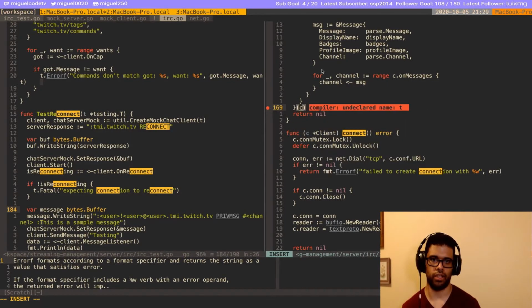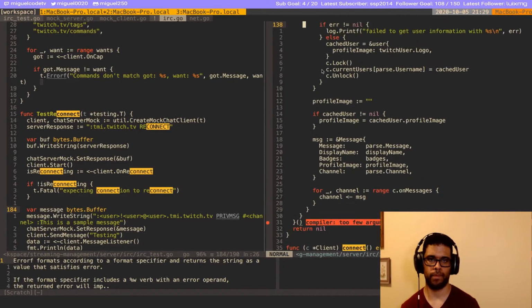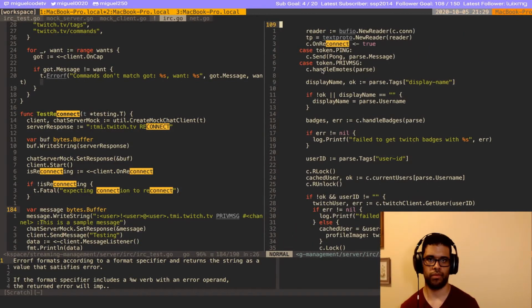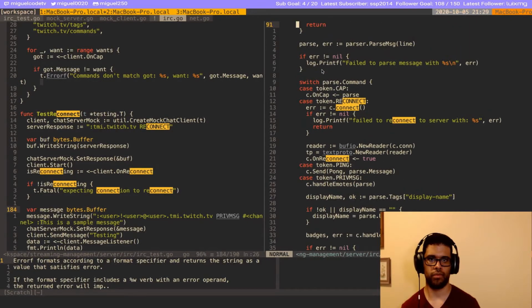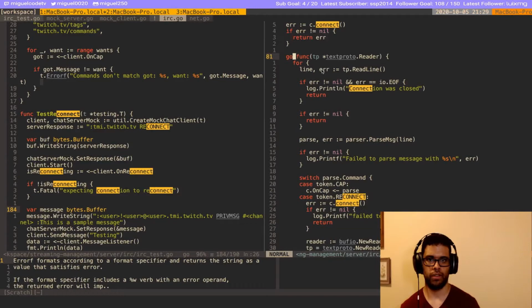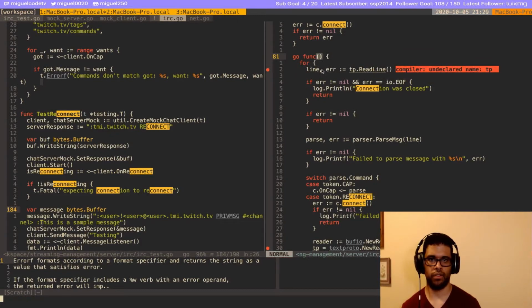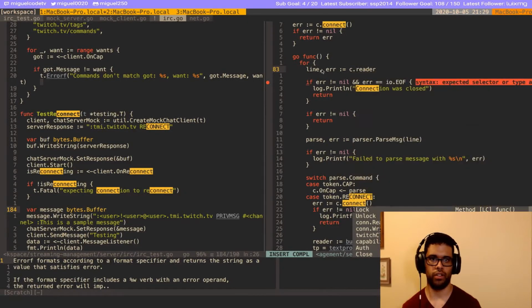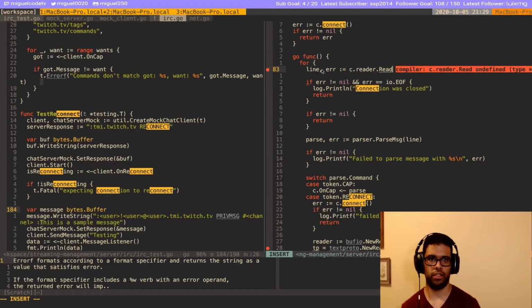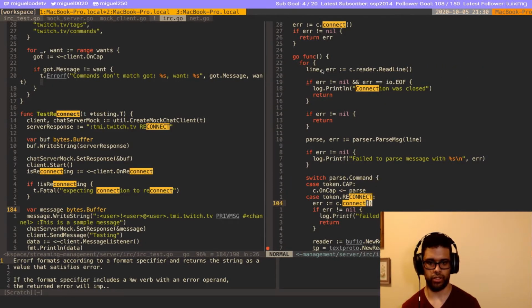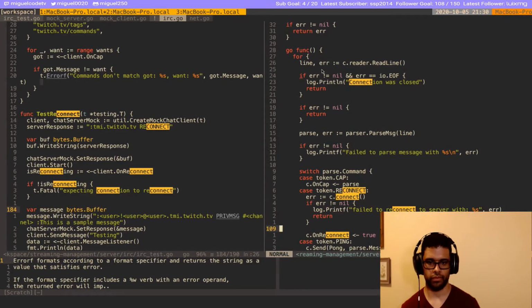And we can just do, see that, not pass it. Okay. And then we could do the reader's read line. Okay, and we could just get rid of all of this. Okay, cool. So I think that would do it.